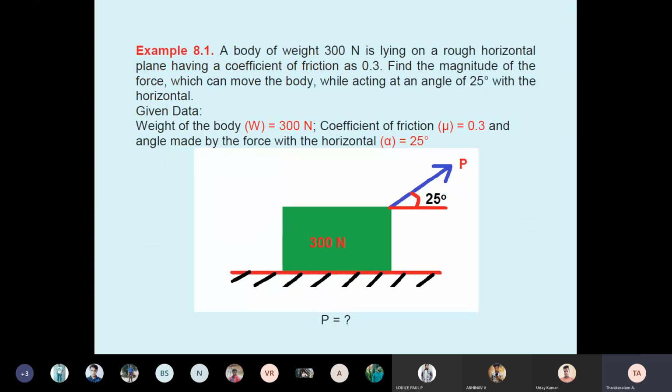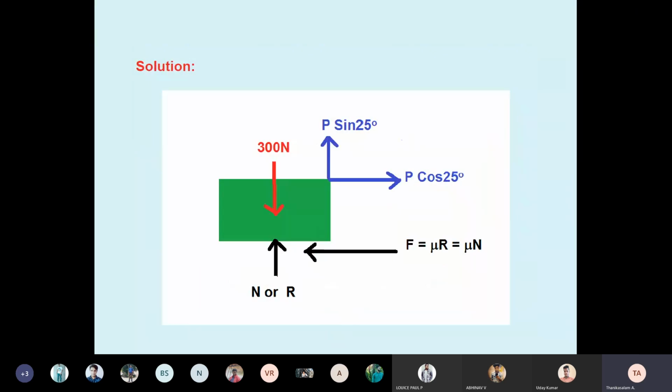Now we will draw the free body diagram. What is a free body diagram? Remove the supports and they are denoted by force reactions. Force reaction, weight only. So we remove the surfaces. The surface is denoted by friction. The friction is left side. Why is friction left side? The P cos 45 is right side.